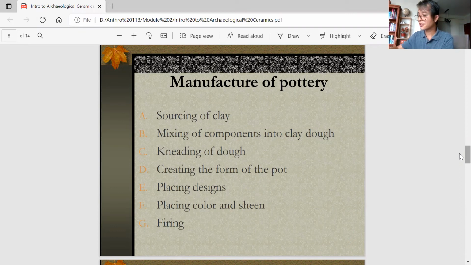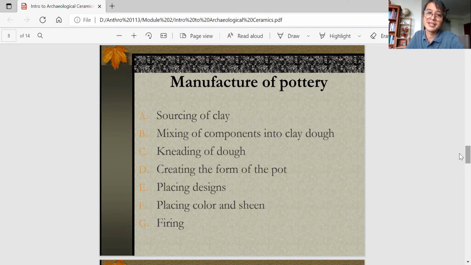Okay, so first of all, the sourcing of clay. So kopyahin nyo na yan. Sourcing of clay usually in river banks, or in some other places where a good clay site is located, usually in river banks, in swampy areas. For example, where do you find pottery making centers in the Philippines? Madalas dun sa